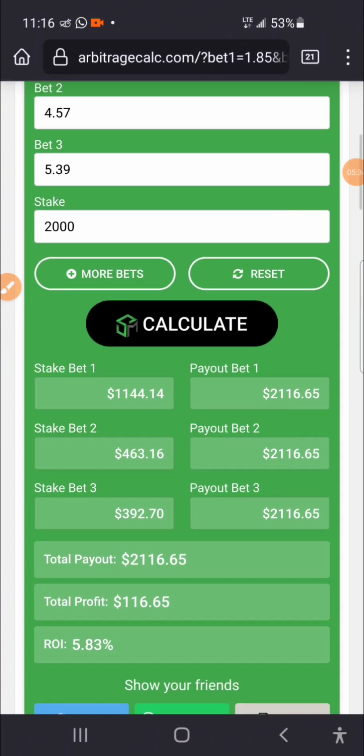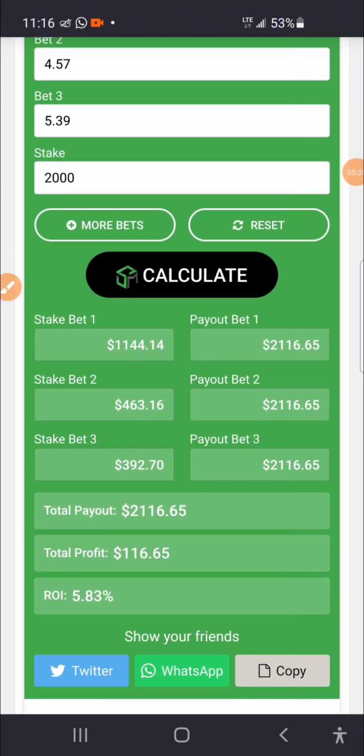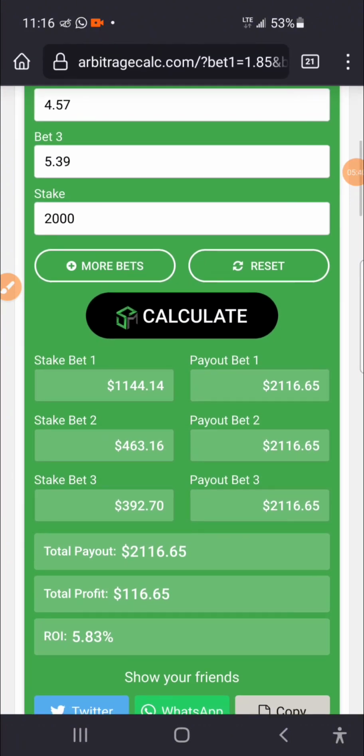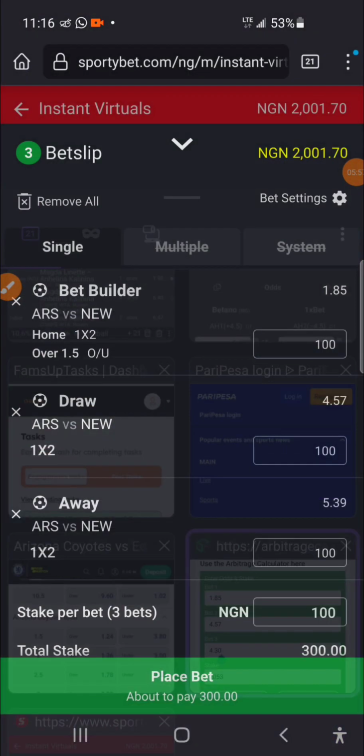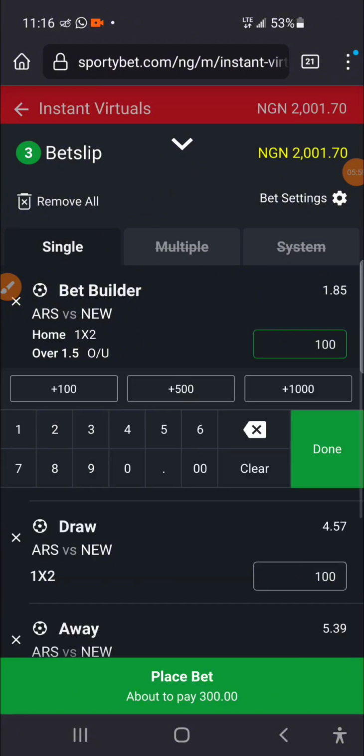116 naira. So let me just go ahead to copy what I am supposed to play right here. The amount I'm supposed to use over here is 1,144. Over here is 463. Over here is 392 naira respectively. So I'll go back to the site, and after getting back to the site, I'll have to